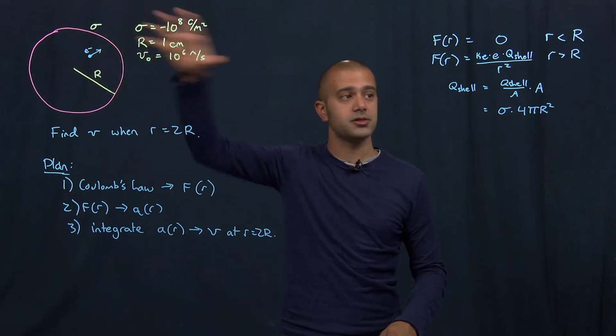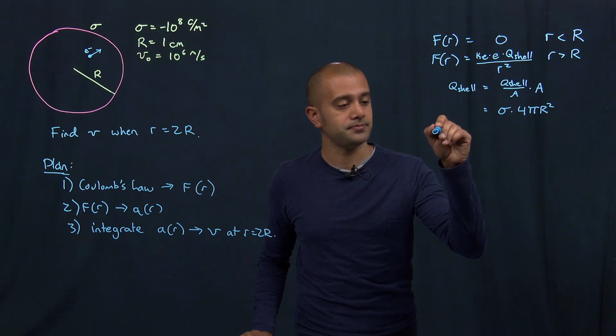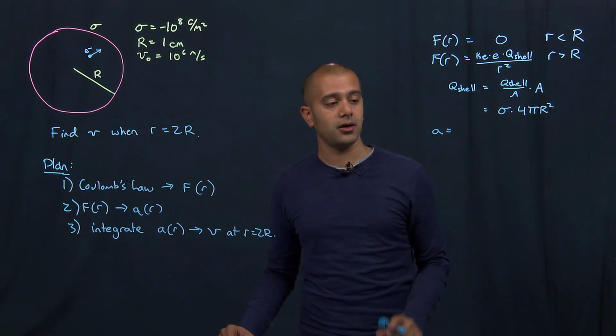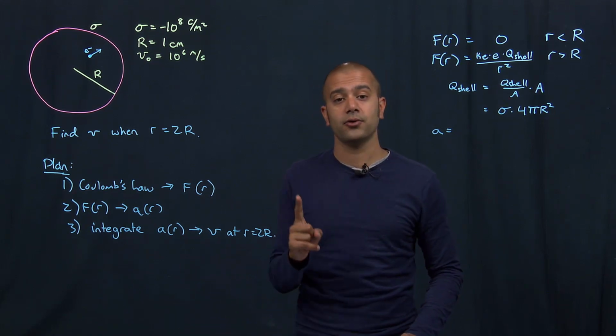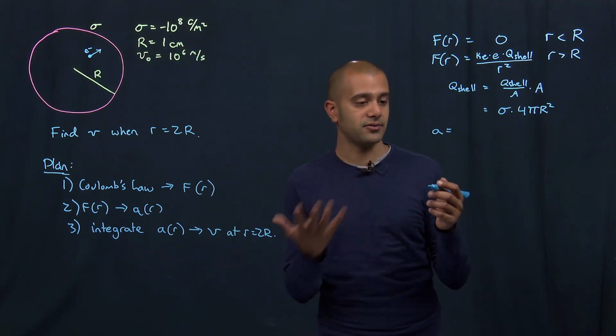Inside is quite simple, and outside is also not too hard. Now the next part is to find the acceleration, which we can find using Newton's second law. Newton's second law says that the sum of the forces equals the mass times the acceleration. In this case, we only have one force given by Coulomb's law, so using F equals ma, we just divide